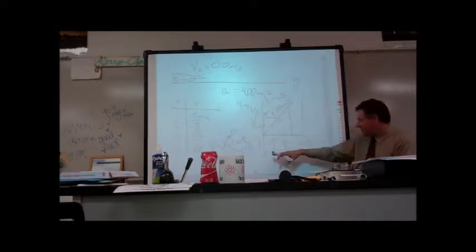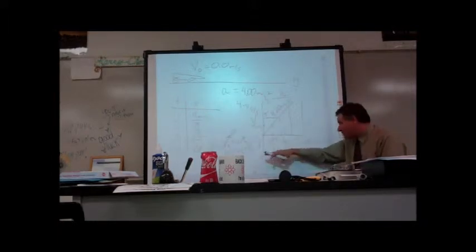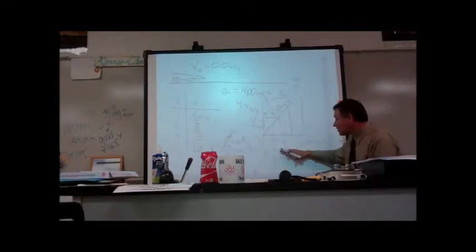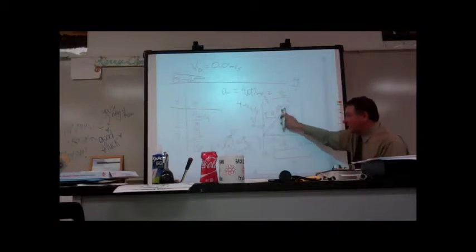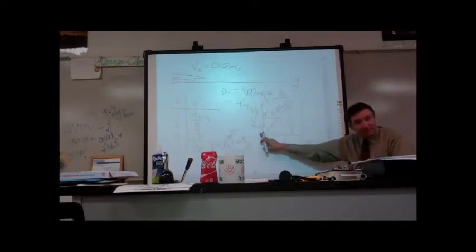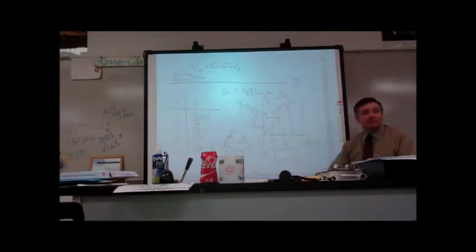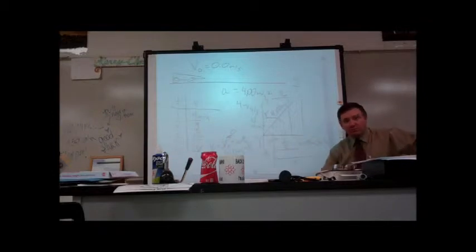Okay? So anytime you have uniform acceleration, it's a horizontal line on an acceleration time graph, which translates into a straight line on a velocity time graph. Now, it might be sloping up, it might be sloping down. All I know is that it's going to be a linear function. Okay? Good so far. No worries. Now,